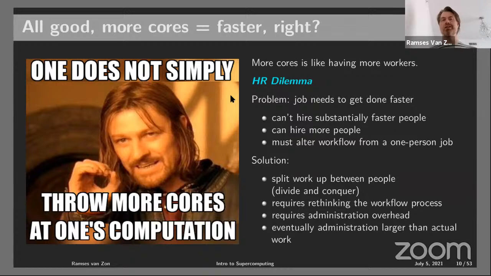Then you probably have to, at the end, glue things back together. So this requires some sort of administrative overhead. You have to make sure all the workers are busy all the time, or else, again, you have no benefit of having these extra cores. And if you don't have a lot of work to do, what you'll find is that this additional coordination of workers actually takes more time than the actual work. I mean, imagine having to tie the shoelaces of one shoe and having 100 people trying to help you. It's not going to go very fast.